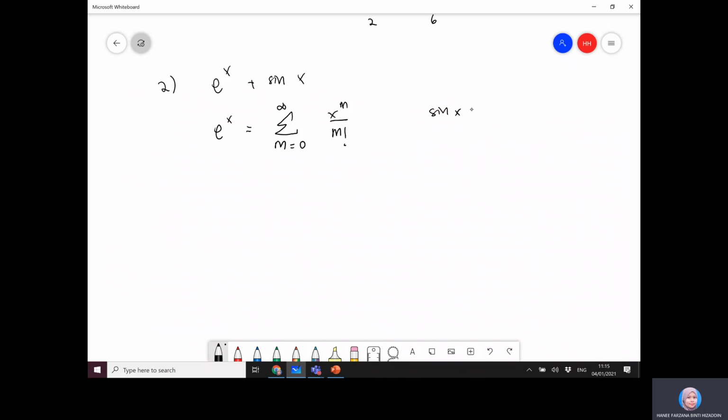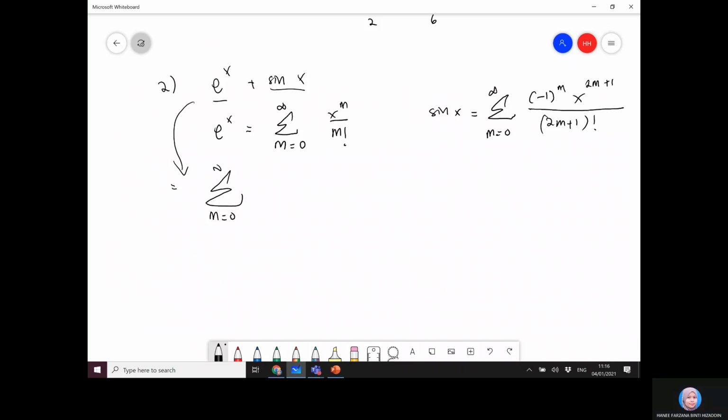And for sin x, the series form is the sum from m equals 0 to infinity of negative 1 to the m multiplied with x to the power of 2m plus 1 divided by 2m plus 1 factorial. So when you add e^x plus sin x, you're basically just adding the two series. So you add this series plus the sum from m equals 0 to infinity of negative 1